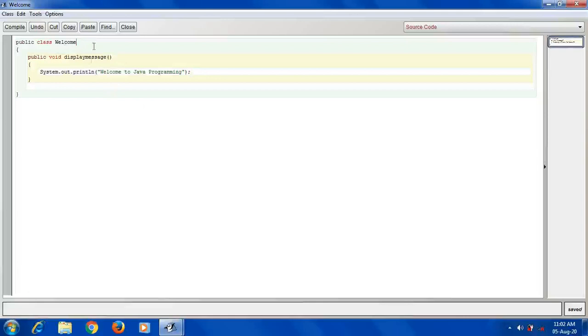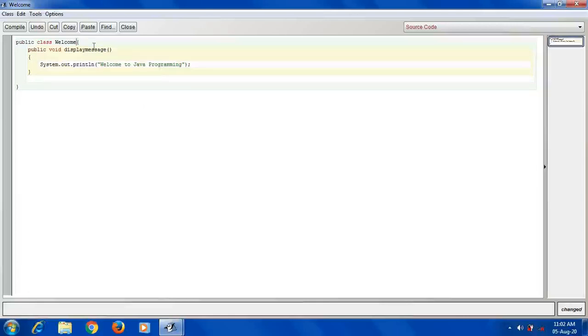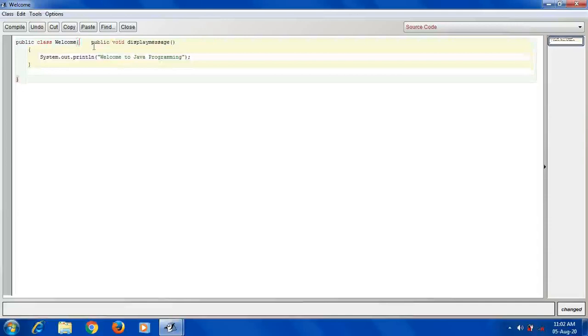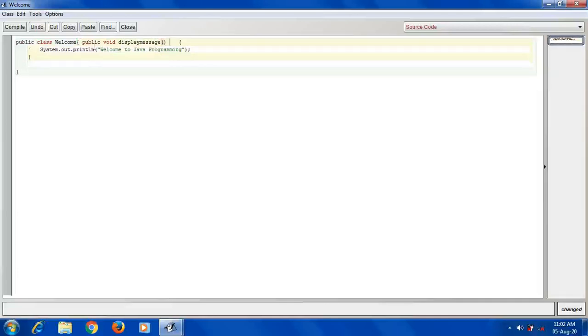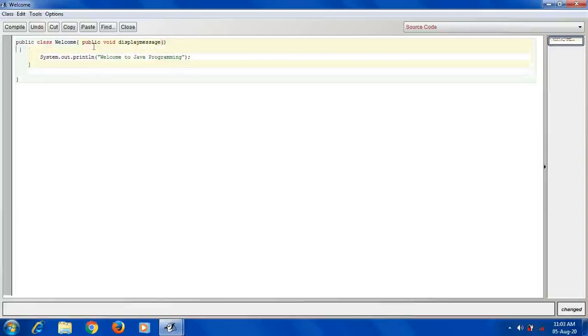The semicolon is not given here because this is not the end of a sentence, it is the beginning of a class. For example, I can take this curly bracket here, I can take this curly public static void main here, okay. Then again I can take this curly bracket here. All this I can write in a single line. Understood? So only to display the contents in a proper way, the lines are written on different lines.